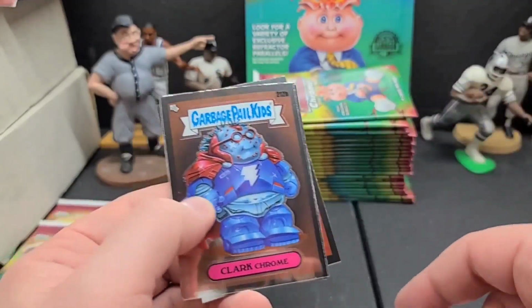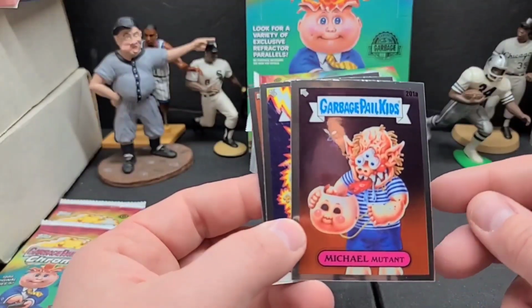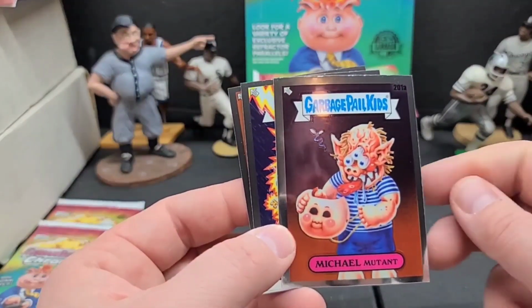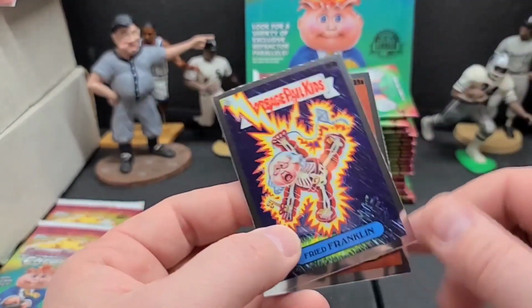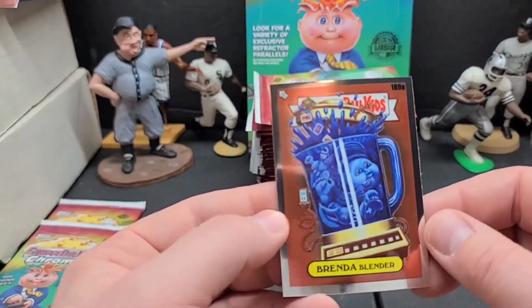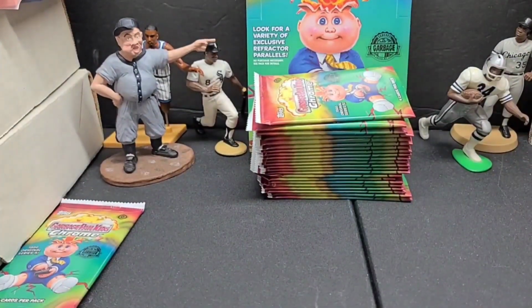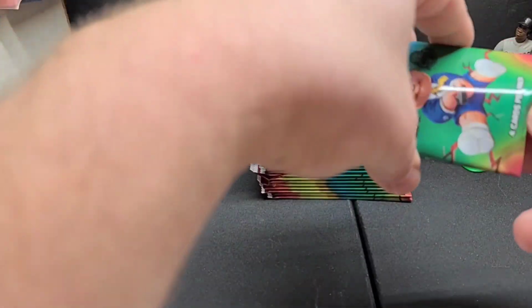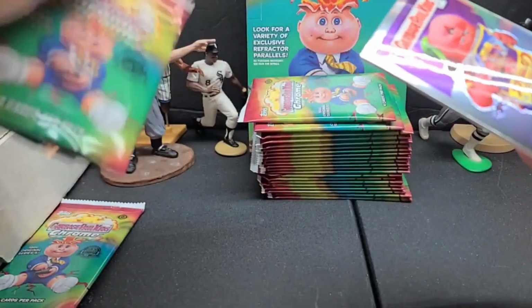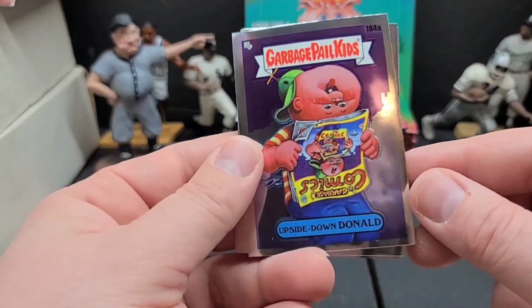So that's that. If we do have a C in here, it's going to be, I think, pretty well short printed. Michael Mutant. Yeah, we'll check and see what it's worth. Fried Franklin. I'm not sure what the C variations go for. Brenda Blender. Very, very cool. I'm going to look right now. All right, looks like the C name variations are 1 in 100 packs. I don't know if they're that valuable, but it'll probably be pretty fun to find. But Upside Down Donald,